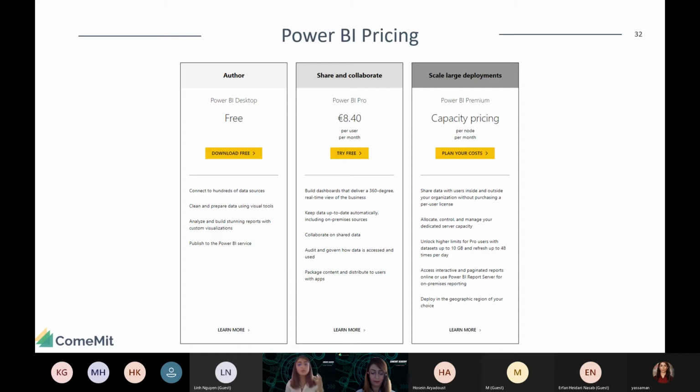And when it comes to bigger enterprise companies, which have a lot of end users, more than 500 end users, they have Power BI Premium, which has a quite different pricing model, and still in comparison with other products, it's quite affordable.